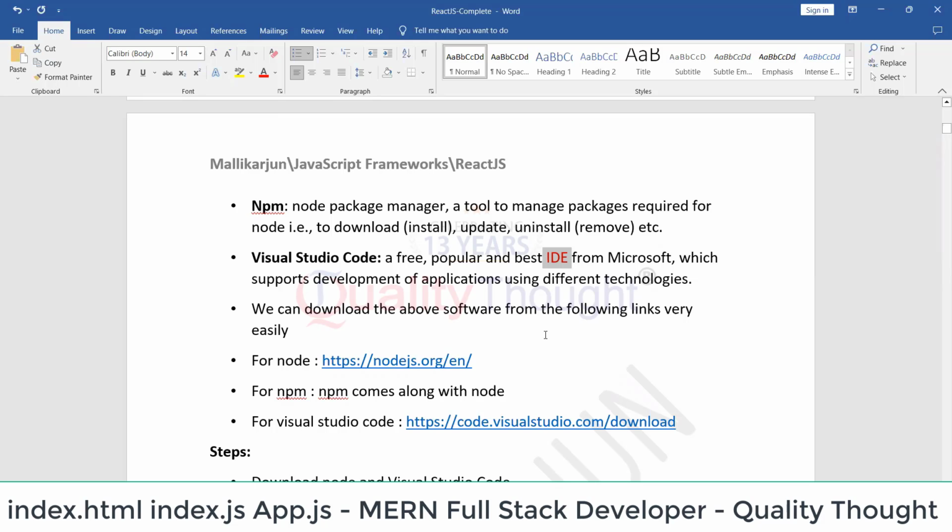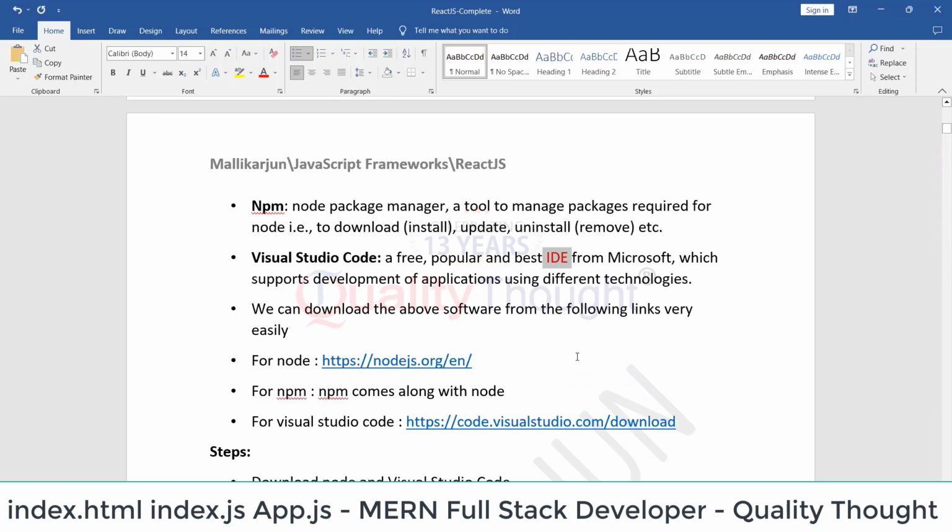So to deal with the project and to improve productivity, an integrated development environment is required. So what is meant by IDE? It means a collection of tools where you can create a project, type the code, compile, debug, and execute